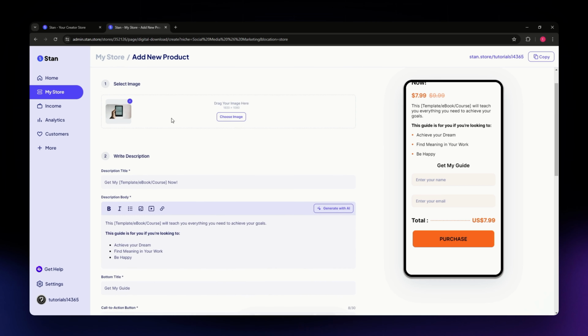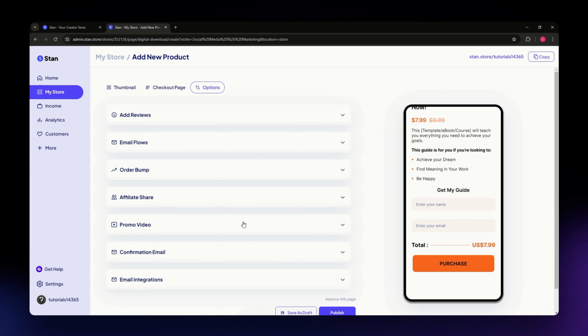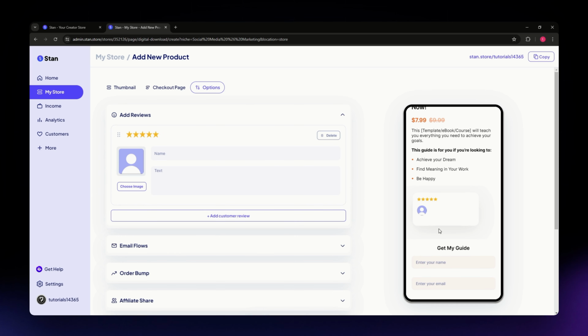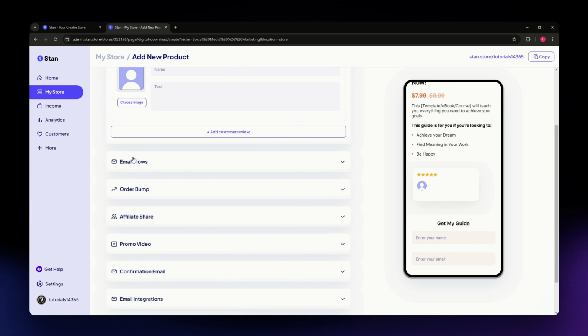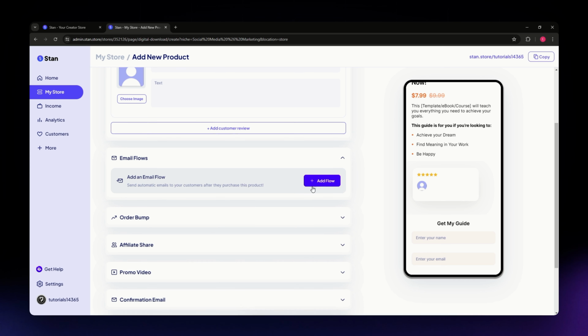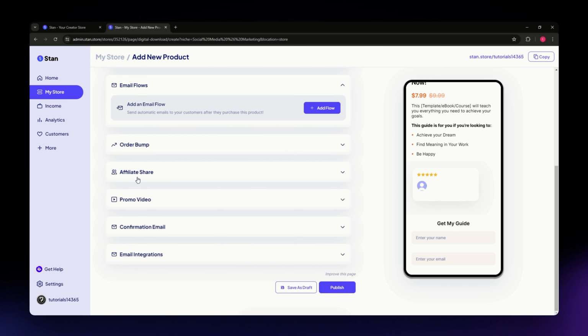After that, you can go to the options section. So you can add reviews if you want to do that. And then you'll be able to see what that will look like on the mockup again. And on the email workflows, you can do the same. If you have set up an email workflow, you can add that in this section, and order bump, an affiliate